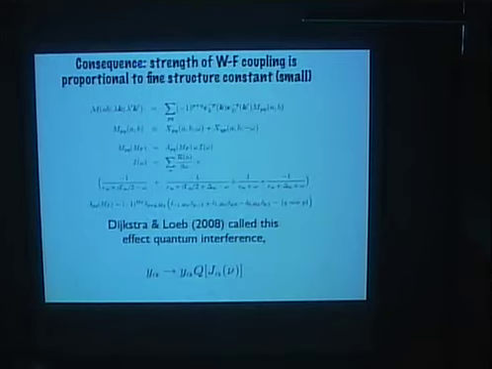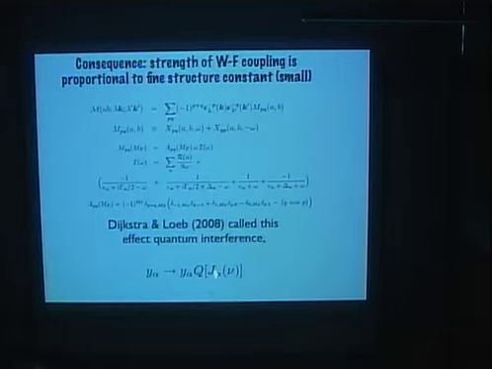Or, another way of saying the same thing: if you include this effect and you work out the sum over all the 2p levels, you can see that when you add up all these fractions, the total effect is going to be proportional to the energy defect, which is the same thing as saying it's proportional to the spin-orbit interaction, or the fine structure constant. In other words, the effect is small because that energy defect is small, or the spin-orbit coupling is small compared to all the other couplings.